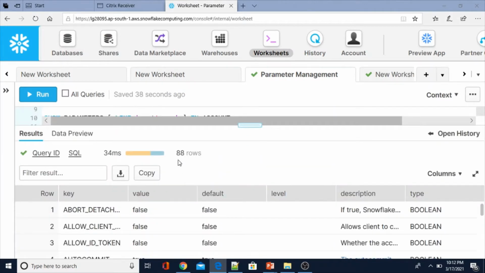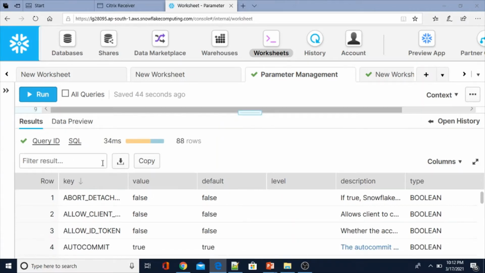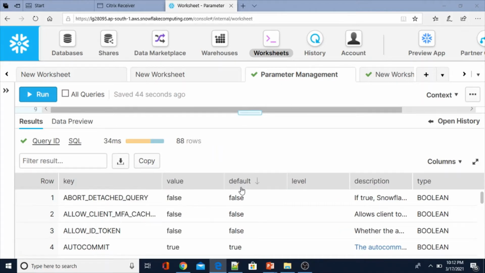See here, please note that there are 88 account level parameters. The moment you execute the account level parameters, in the output you see key, value and default columns. Key is the parameter name, value is what is currently being used, and default is what the default value would be if you don't set it. Level tells you for which level the parameter has been set, account level, session level or object level.